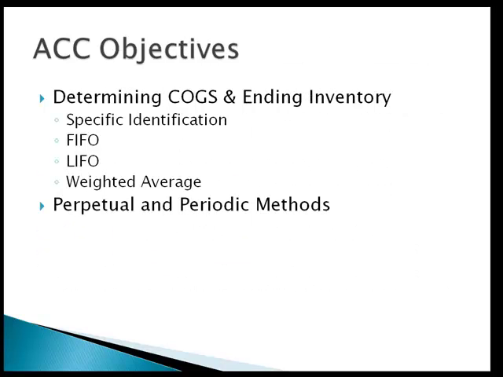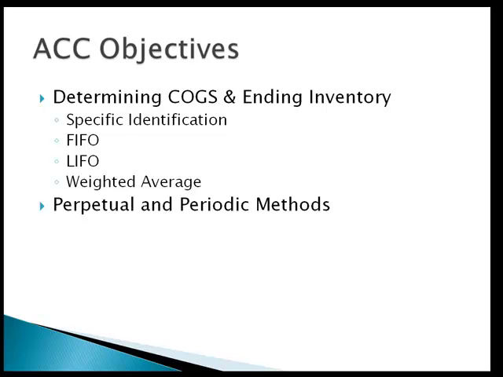So today's objectives are really, we're going to take a break from journal entries and work on how we actually compute the cost of goods sold or ending inventory. Last week we talked about the journal entries for when we make a sale. We record cost of goods sold and reduce merchandise inventory, but today we're going to focus on what goes